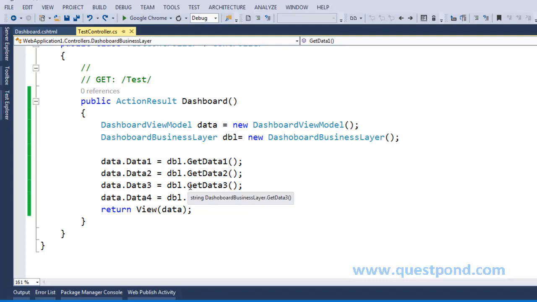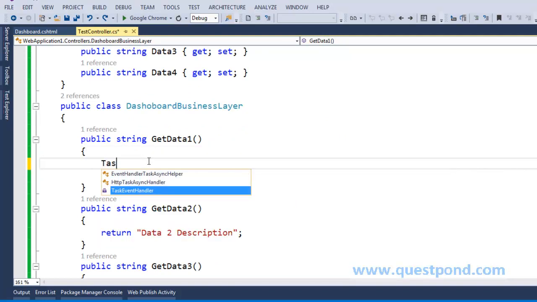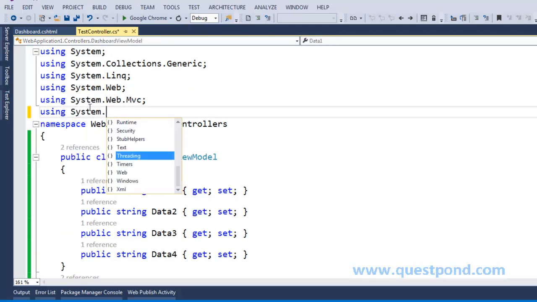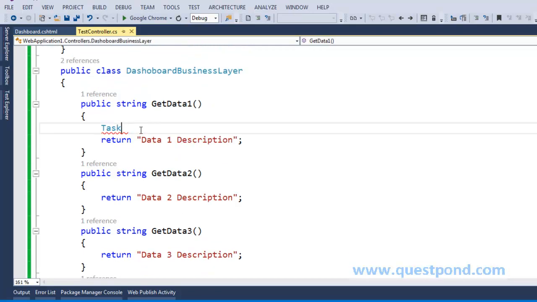Now in order to simulate this scenario, I'll come to my get data 1 method and add a simple line here, task. In order to use task, we need to add a namespace, that is using System.Threading.Tasks. If you don't know what this task means, then please go through the Task Parallel Library video from our questpondvd.com. Okay, now let's come back to our method.